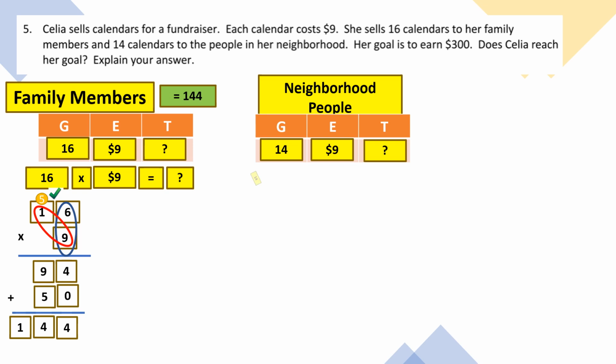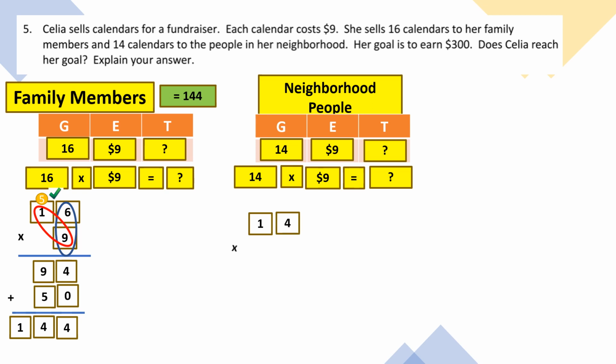So that equation would be 14 times 9 equals unknown. All right, now let's set that up vertically so that we can solve this equation using the standard algorithm. So we have 14 times 9,